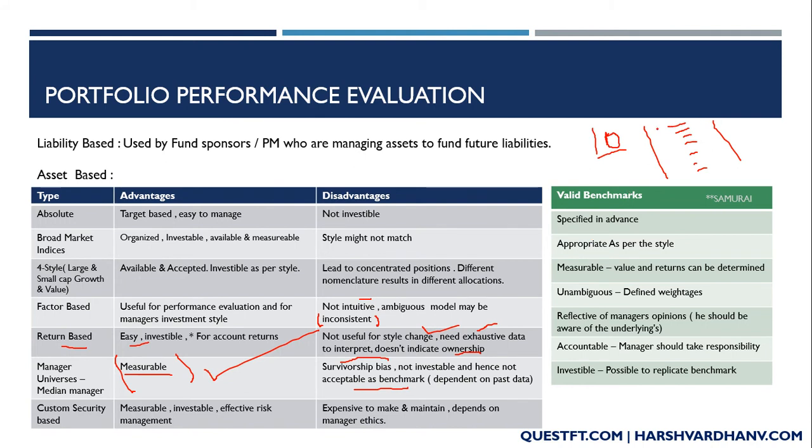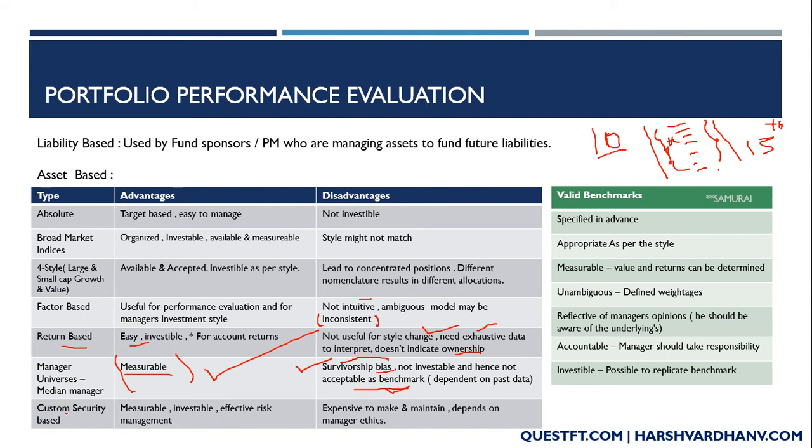Why? See, you can have a fund manager who during the market boom performed well and reached the fourth spot, for example. And now when you're churning out the report, this fund manager was invested in some company which went bankrupt and he had a higher allocation to that company. This fund manager is now at the 15th position, right? So he has not survived in the top 10 index. He's out of that index. What you're seeing over here is only those fund managers who have survived for the entire period. So it is falling under survivorship bias. Anything which has a bias is not investable as a benchmark.